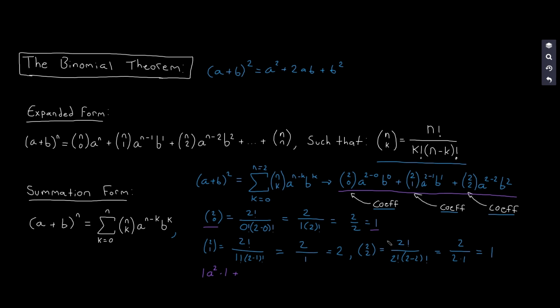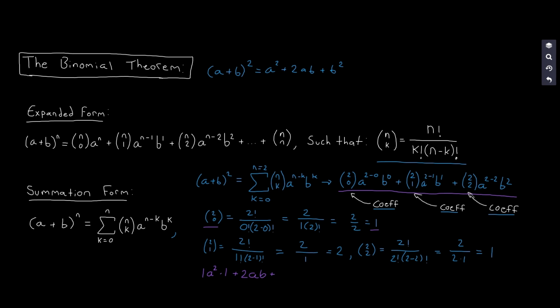We found 2 choose 1 to be 2, so it will be plus 2 times a raised to the power of 2 minus 1, which is just going to be a, times b raised to the power of 1, which is just going to be b, plus 2 choose 2,